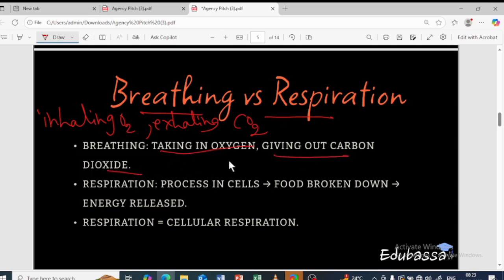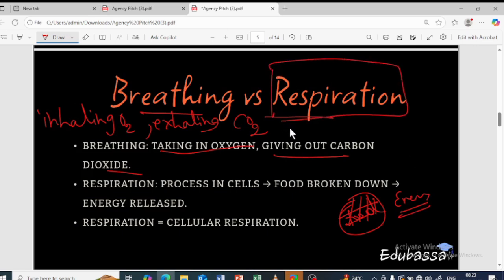Then what do you mean by respiration? Respiration is a whole different thing. I told you now, isn't it? For the production of energy, the food has to reach the cells. After reaching the cells, the food will break down and produce the energy, right? So that itself is called respiration. The breakdown of food to produce the energy is called as what? Respiration. I hope it is clear now.